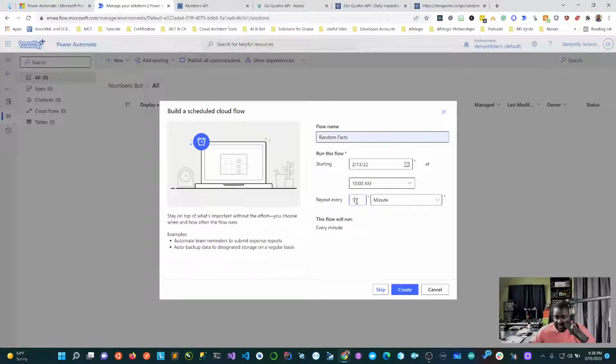And you see this, we can say repeat every 2 minutes. No, let's use 3 minutes. And then you see when it's starting. So I'm going to change this. What's the time? To make it take effect, I'll say this should have started at 9:30 p.m. All right, 9:30 p.m., and I click on create.